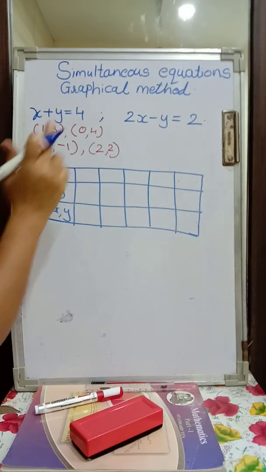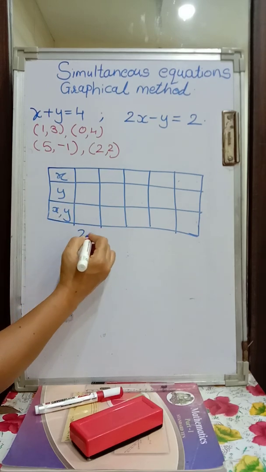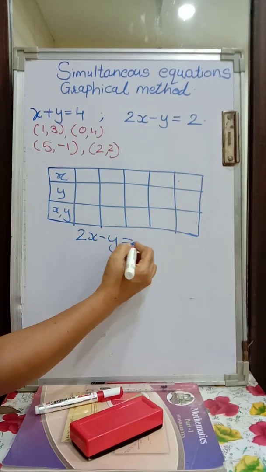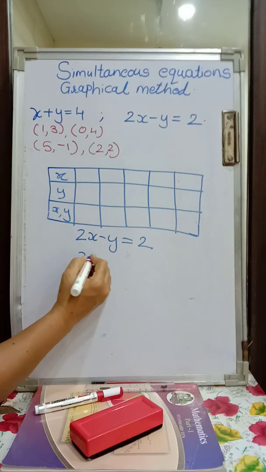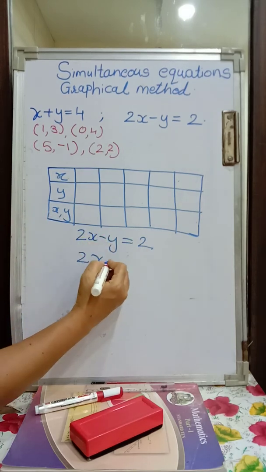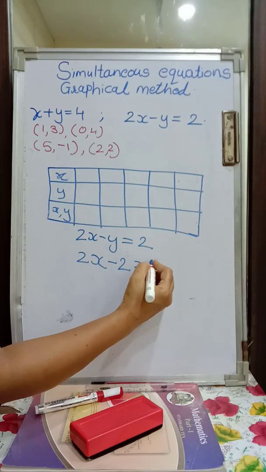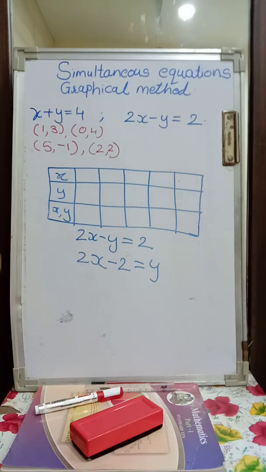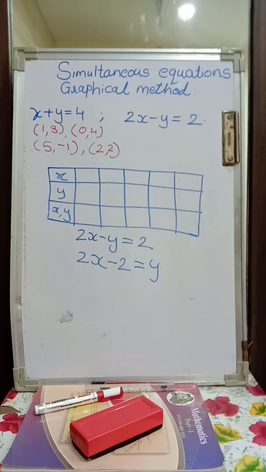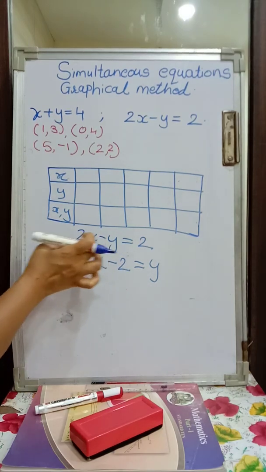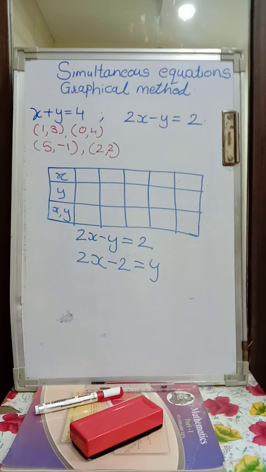Equation was very simple. Another way is, see students, if I write 2x minus y is equal to 2, then you find what is the value of y. What will be y? 2x, take this to this side, it will be minus 2, will be equal to y. So you will get the y value directly after you put whatever is the x value. Alright, this is another way, or you write the equation and directly put the values over here.